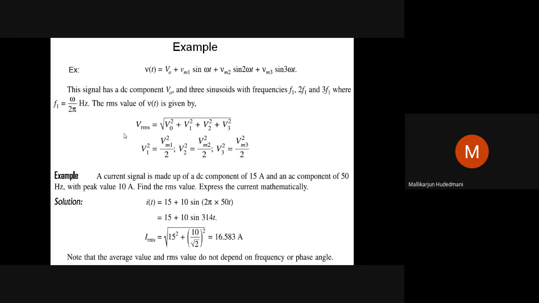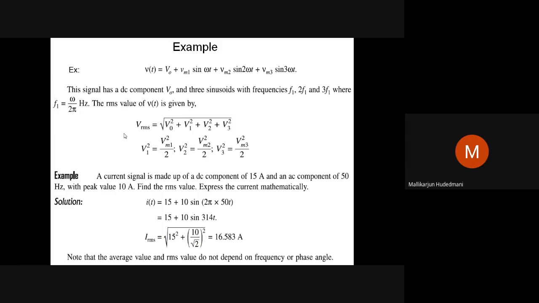Suppose you have multiple waves added. Let's look at this example. One time such a question came in the exam, so it is in our interest to show you what will happen. A voltage addition. There is a DC content. There is a Vm1 sin omega t sinusoidal content. There is a Vm2 sin 2 omega t, another wave with a different frequency, and another wave with Vm3 sin 3 omega t. If these three waves are added together in a string, you can see the first is V0,